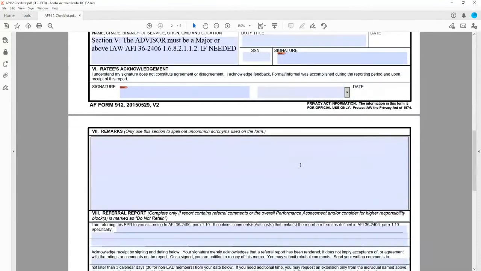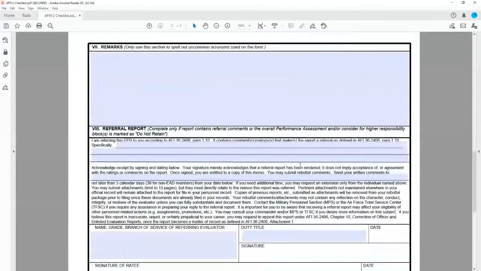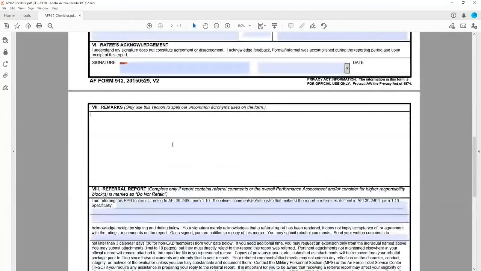Okay, moving on to the second page of the Air Force Form 912. Section 7 is the remarks section. So this would be used to spell out any uncommon acronyms, just like the Air Force Form 910 and 911 have. And then if it is a non-referral report, that is all that is necessary for an Air Force Form 912. I will go over what a referral report looks like on the 912